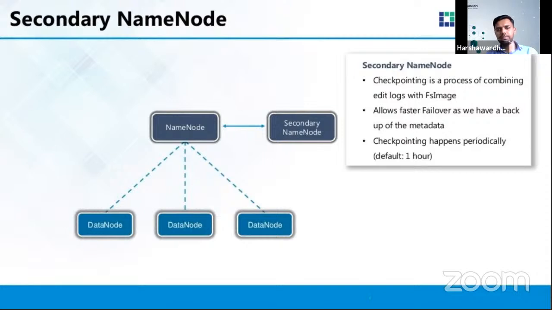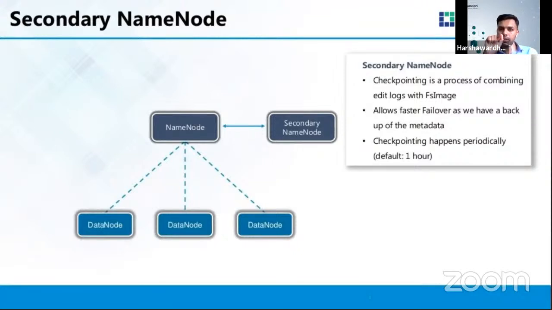You can imagine if it is that fast, if every data node is sending the data to name node and name node is capturing all the information on hard disk, then there can be so many input output operations, right? From primary memory to hard disk. Every time it has to read, update and write, and name node will burn out. That's why it holds all the information in the memory. And that is where secondary name node comes into the picture.